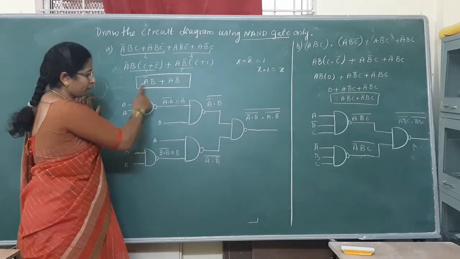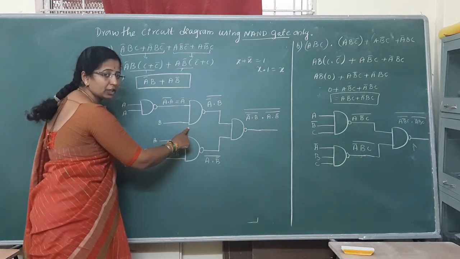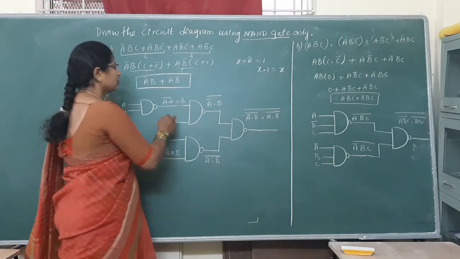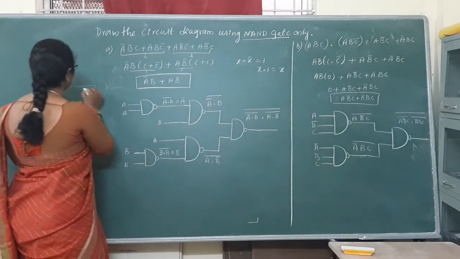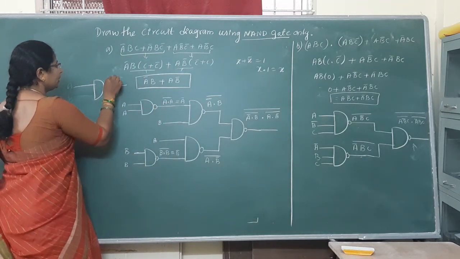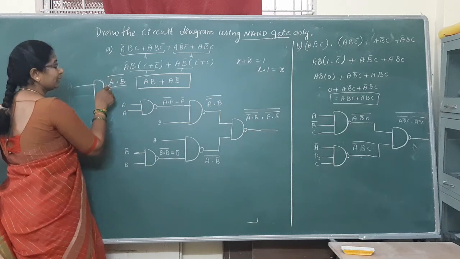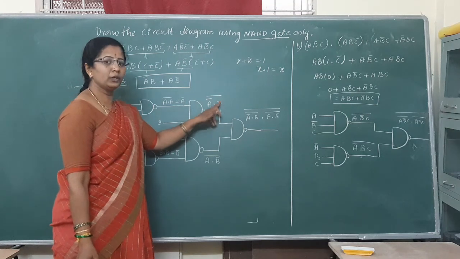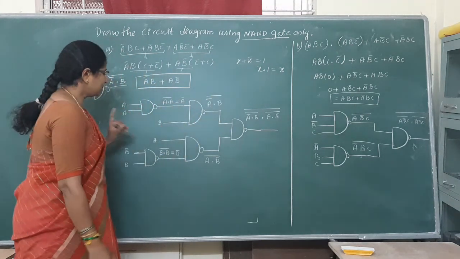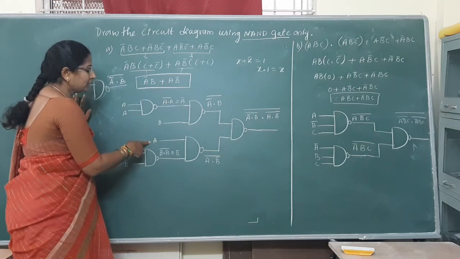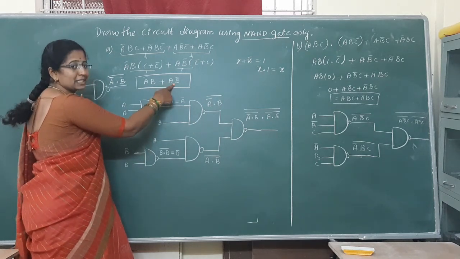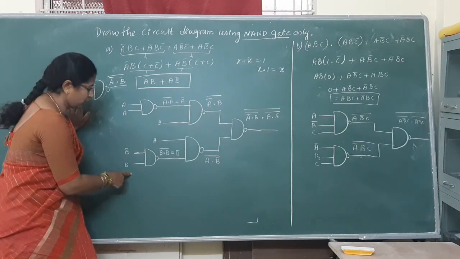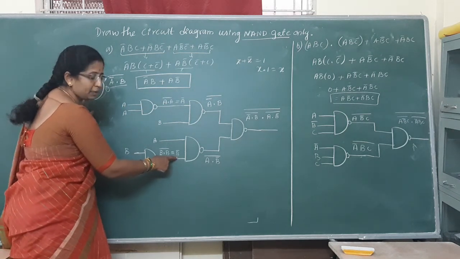B, there is no complementation, so I have given it directly to the circuit. And AND takes how many minimum inputs? 2 minimum inputs. So this I got. Similarly here, how I have written A into B complement, but A I have given in the form of complement. So I got A complement into B whole complement. Similarly, in the second term, A doesn't have a complement, only B has a complement. What I have given for the A in the first circuit, for the second circuit I have given for the B. So I got the B complement.